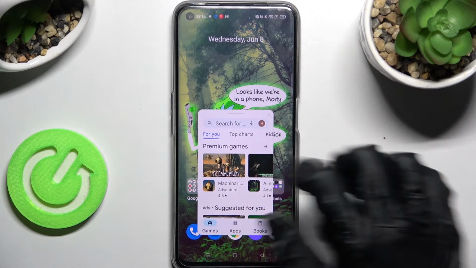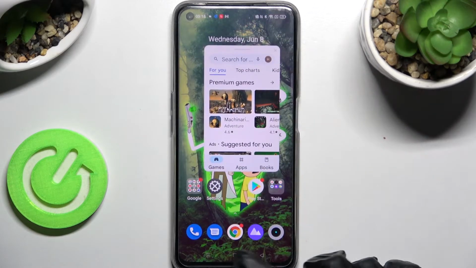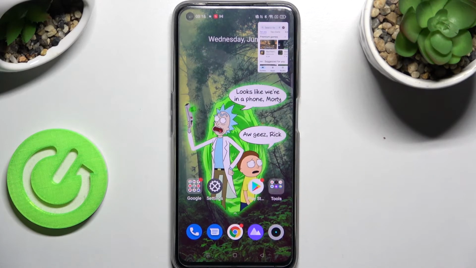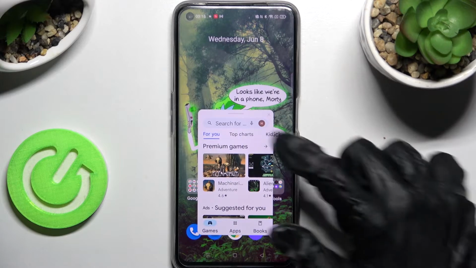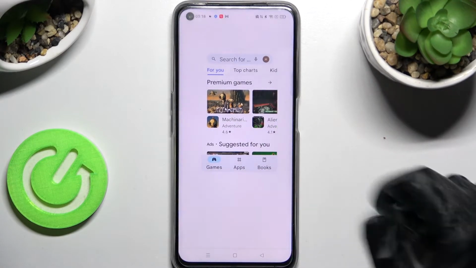If you wish to move it around, just hold this line and place it. If you wish to make it small, click on the home button. In order to go back to it, just click on it. You can always use it to overlay other apps as well by clicking on the other app and operating in